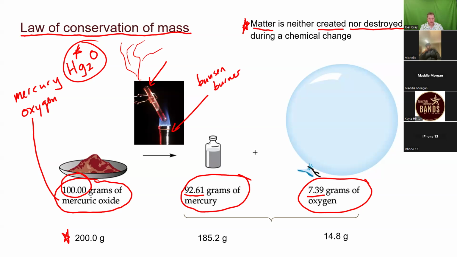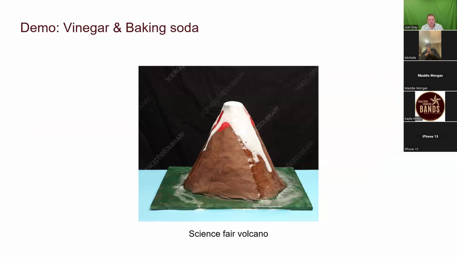This reaction takes place, but the mass doesn't disappear. The only thing that changes about this substance is it might convert into some other kind of material or some other state. Okay. Now, an example of this would be something that maybe you've done before, and that would be your science fair volcano, where you get baking soda and vinegar. The mass of baking soda that you use